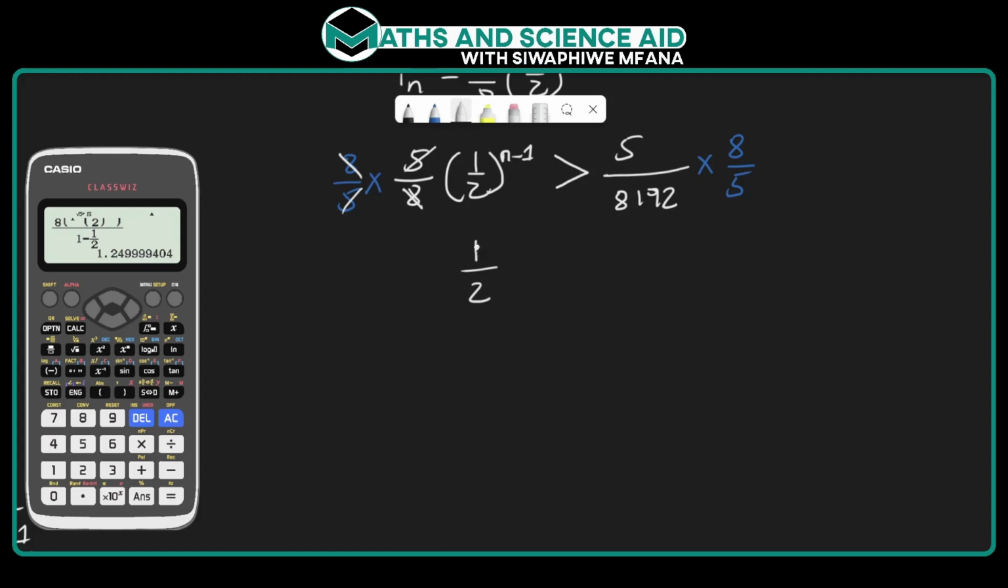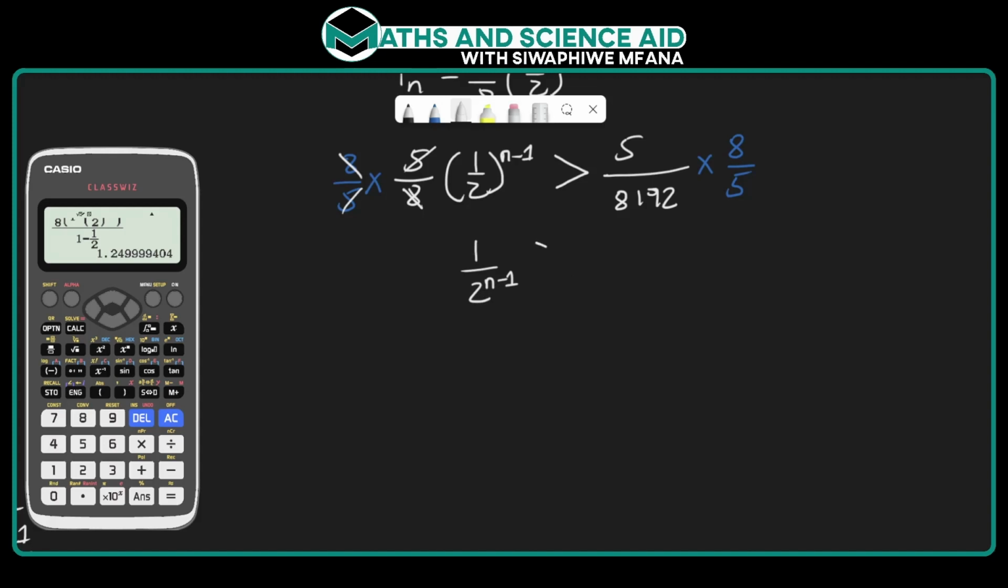But 1 to the power of any exponent is always 1, right? For example, 1 to the power of 100 is 1. 1 to the power of 10 is 1. 1 to the power of any number basically is always going to be 1. So we can just leave 1 like that, and then we write the n minus 1 here in the denominator